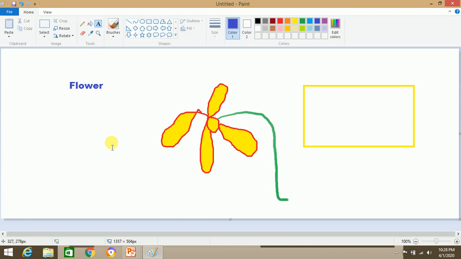If you make mistakes, you can use the Eraser tool. Click the Eraser tool. Drag the pointer over the area where you want to erase.